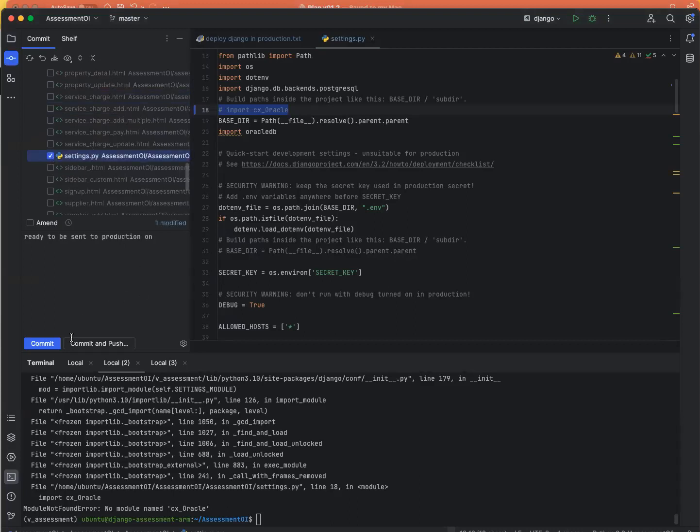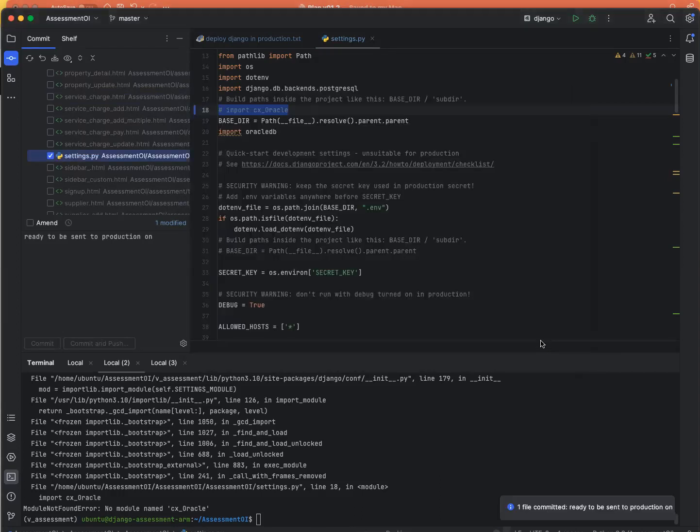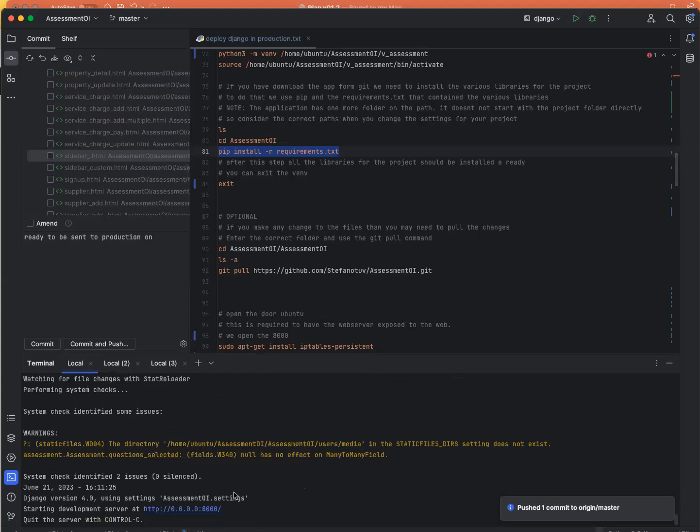Okay, so here we got the file, we commit and push. That's why I use PyCharm. It's so well integrated with everything. Everything is at arm's length, so you don't have to go crazy finding anything else. And one thing that I want to do is also to